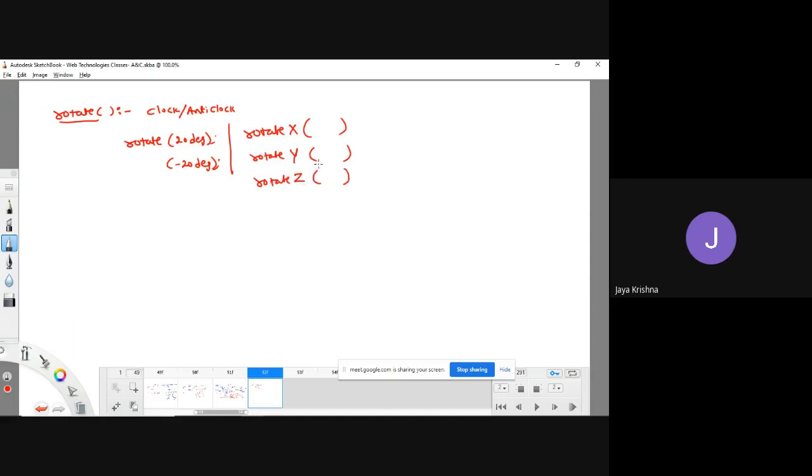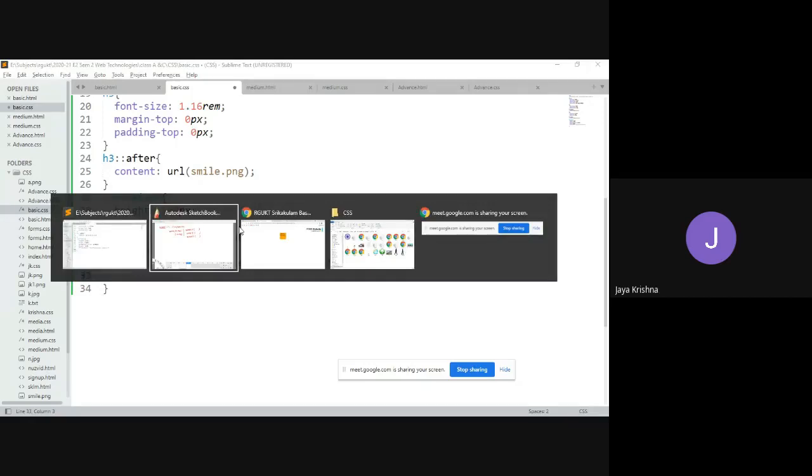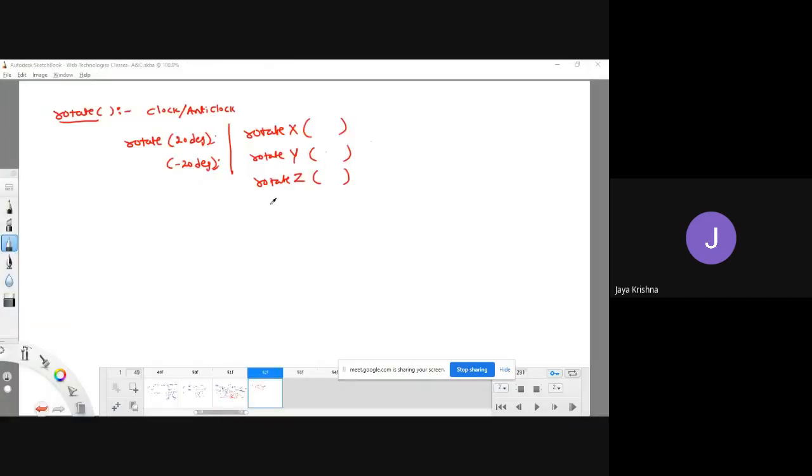So same meaning. The rotate X method is going to rotate the element in the clockwise direction, if it is a positive angle, on the X-axis. The rotate Y method is going to take the value and rotate either clockwise or anti-clockwise, depending upon the y-axis. Similarly, this depends upon the z-axis. Guys, if you observe here, I will go for execution. You will get some doubt here.